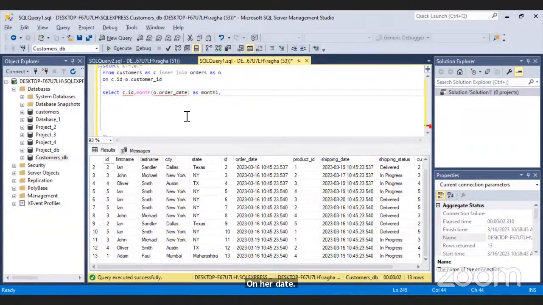And then I would select the sum of price as amount spent by customer.